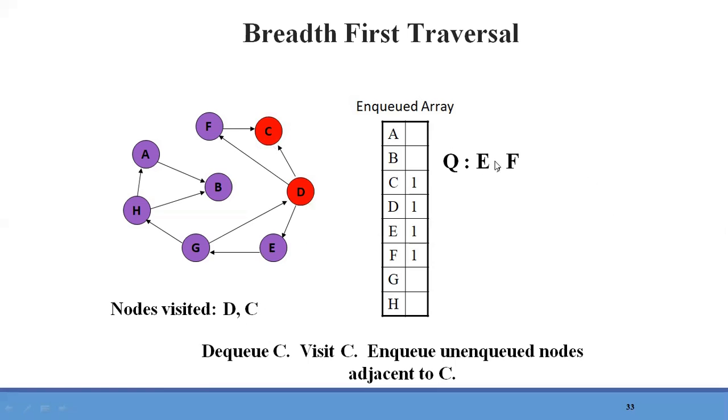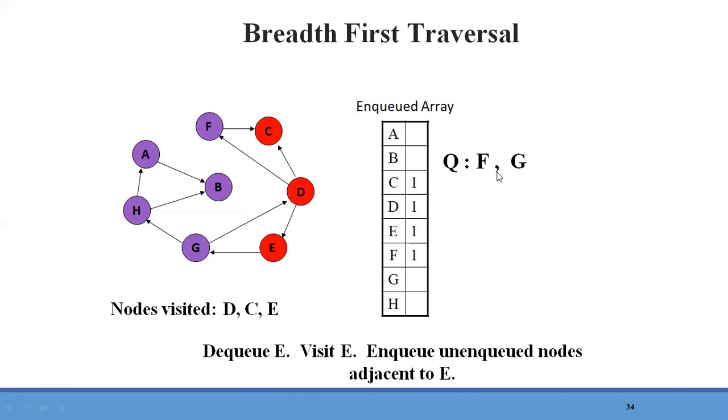Now next element in the queue, next front element in the queue is element E. So next we will visit the node E. For that we need to dequeue it from the queue or delete this element from the queue. So delete E from the queue. So E will be visited and that is added in the output list. After E, now we are at E, we need to look for the node which is adjacent to E. Now that is node G. So G will be added in the queue.